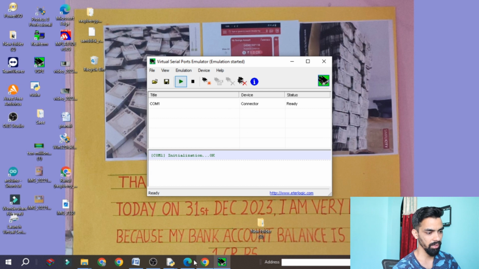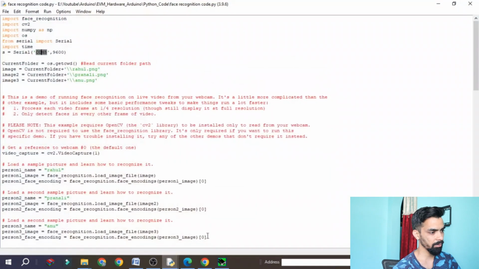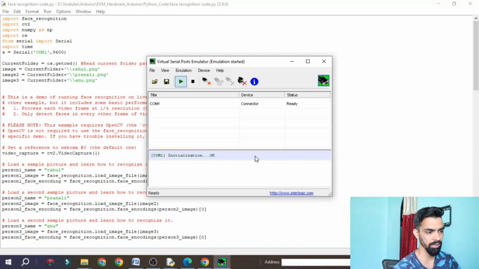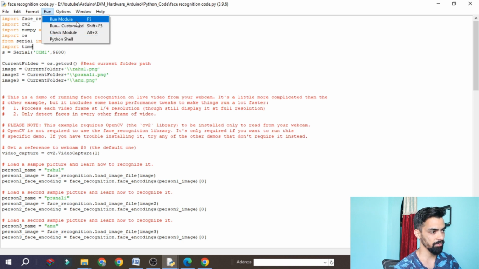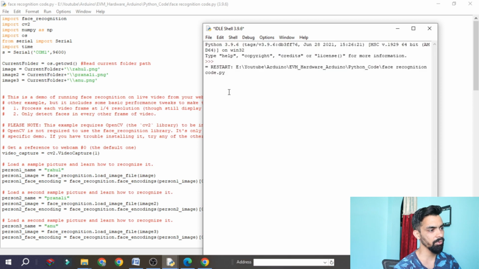Once you create the terminal, you should change the terminal name here. Here it is COM5, now you should give COM1, because right now COM1 is the one here. This is only for the Proteus simulation project, try to understand, not for the Arduino hardware project. For the Proteus simulation project you should give COM1, replace this serial, and then run the project. I think this time the error will be solved.